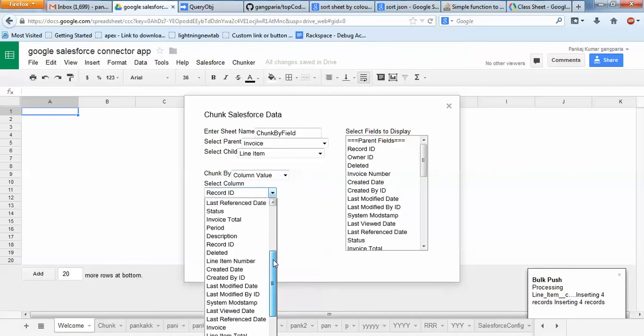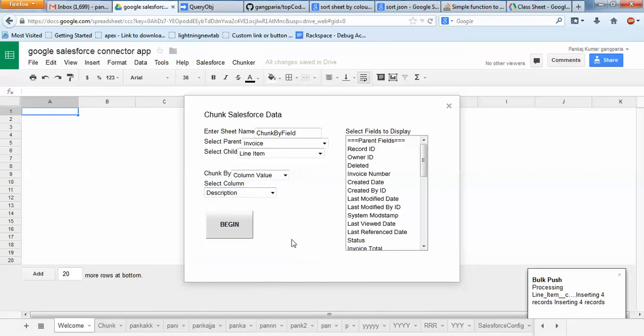We want to chunk based on the description field value. If somebody has changed the values, based on that we want to process the data.